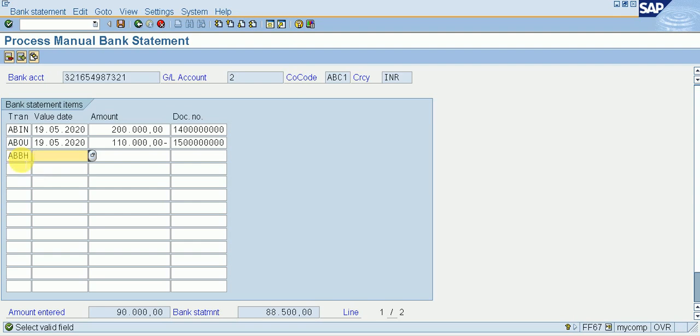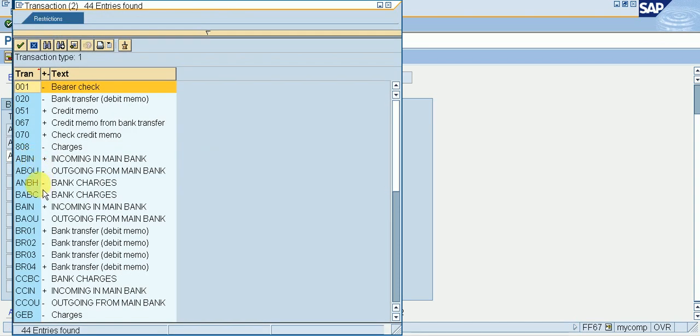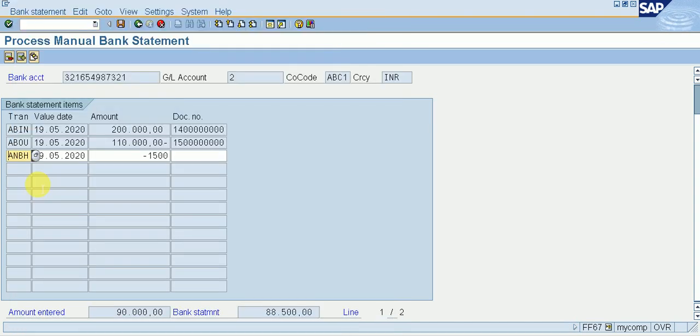ABBH, give your value date, and I am giving here 1,500 for bank charges. Enter. Enter. BH. A and BH. Sorry, by mistake I did A and BH, so that's why it's showing me error.